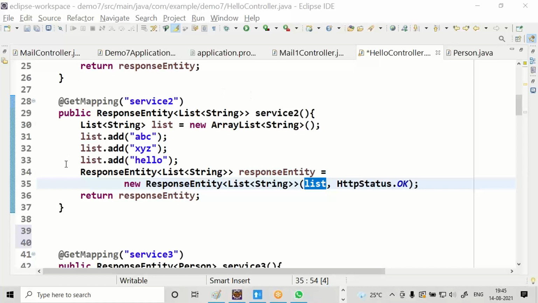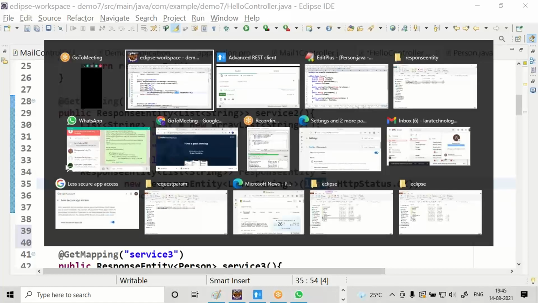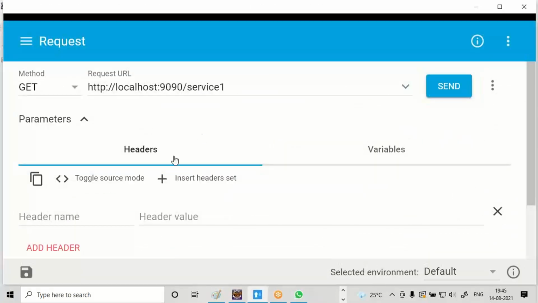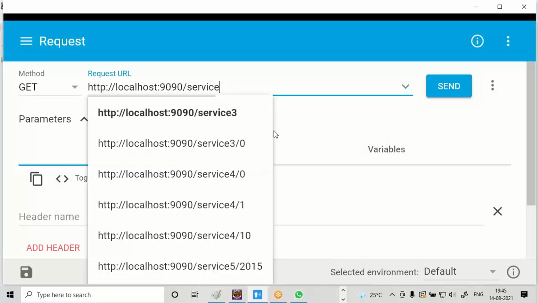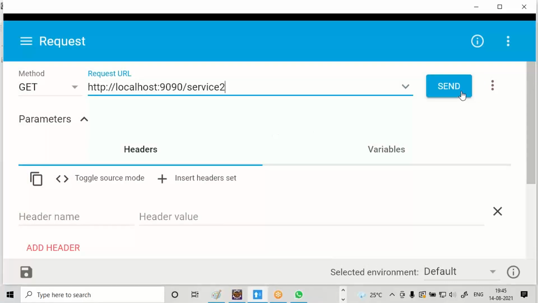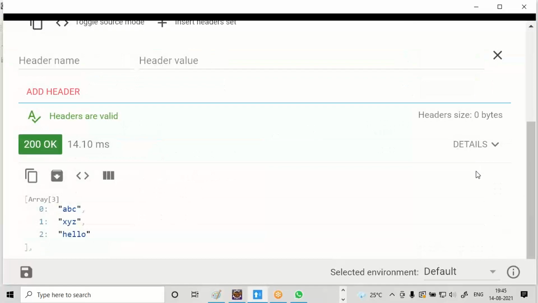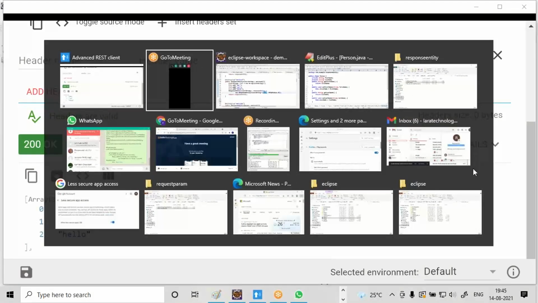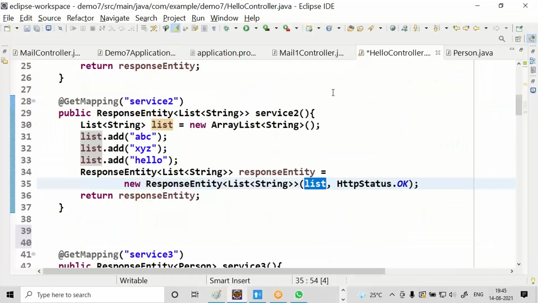Give a call to service 2. You can see, while returning a result, try returning through a response entity object.